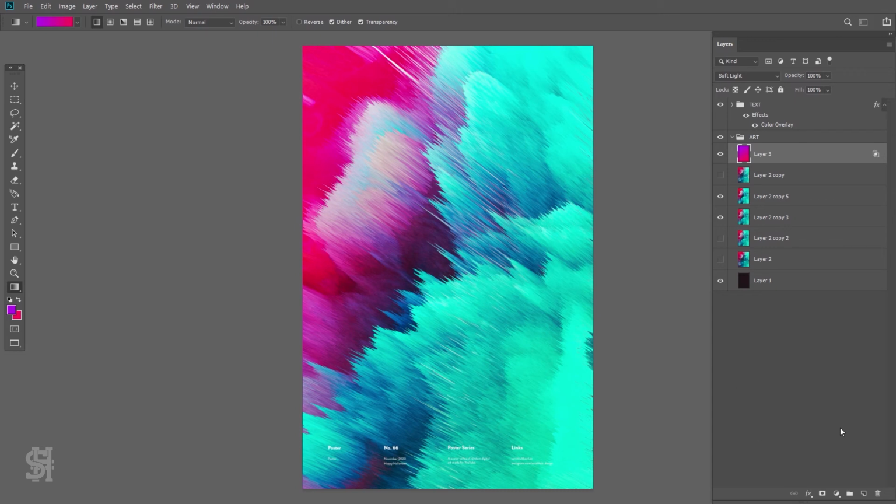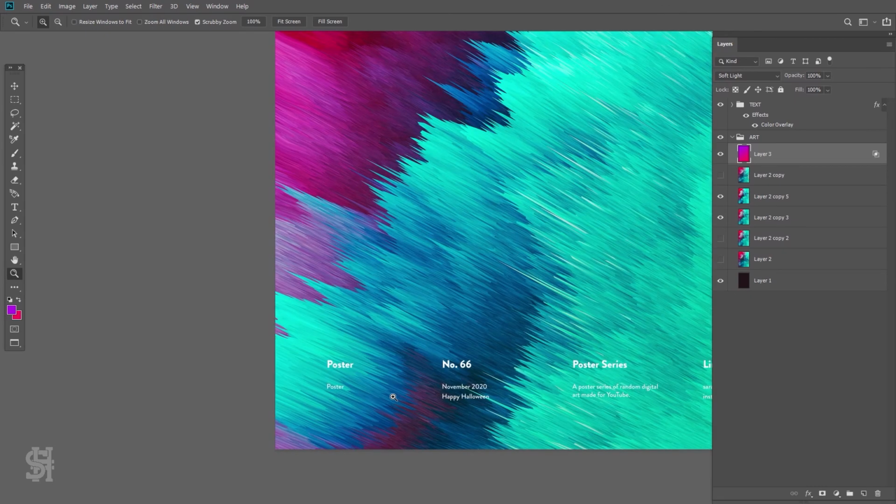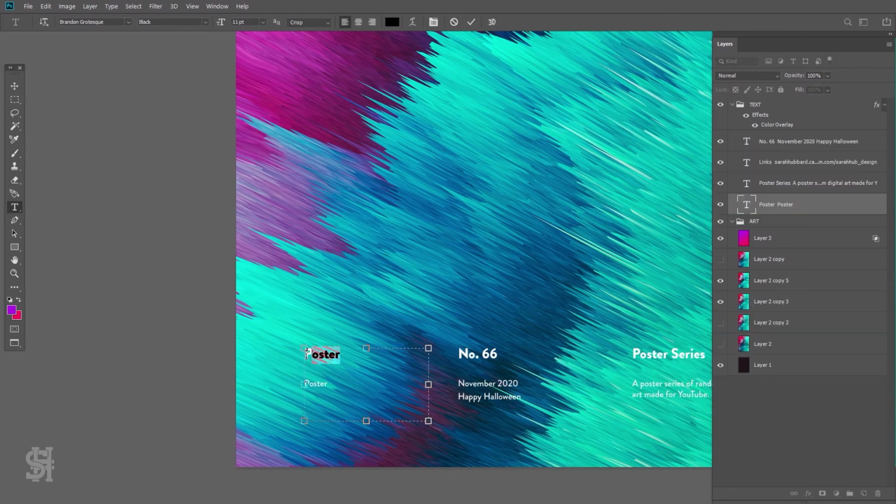So at this point, you can add text anywhere in this. If you want it abstract as is, just keep it as is. I always add the text to the bottom. So I'm going to call this, what am I going to call this? What should I call this? How about